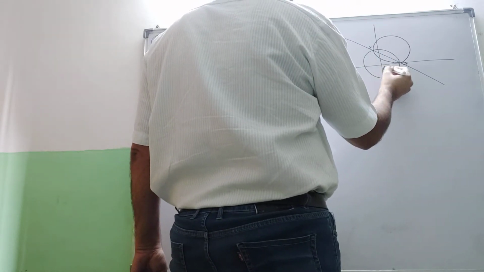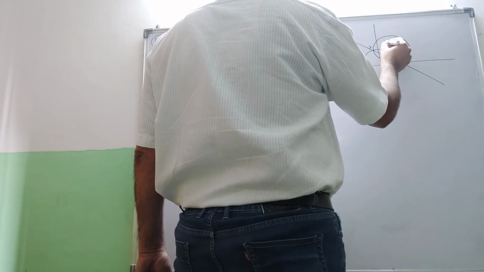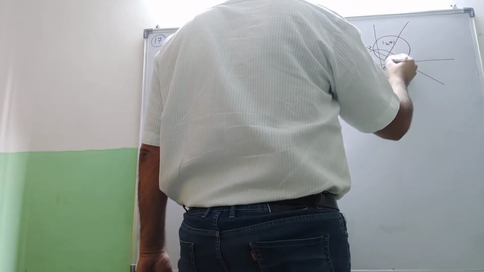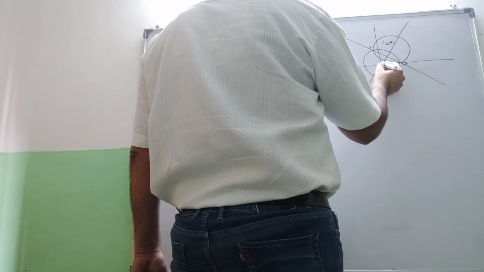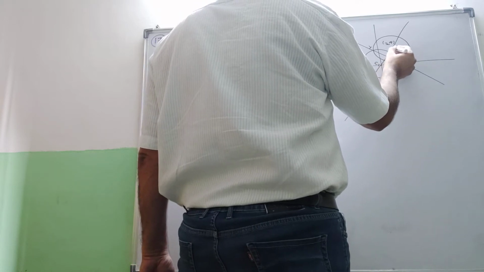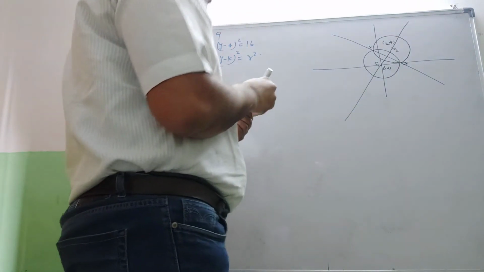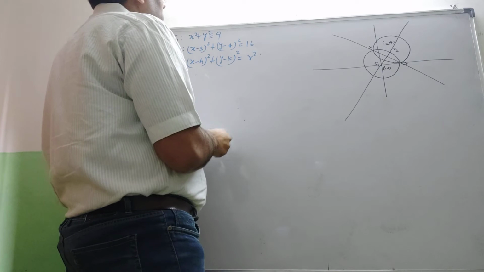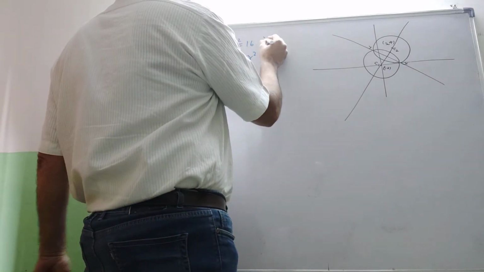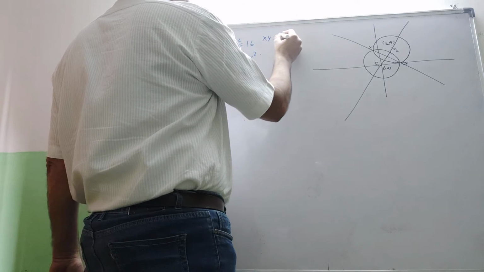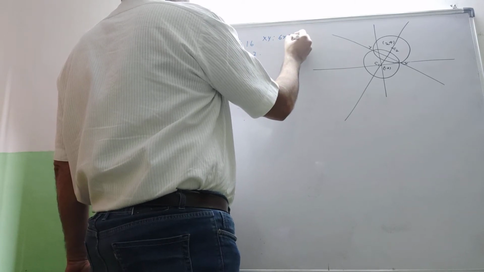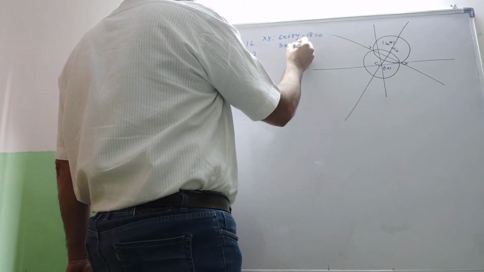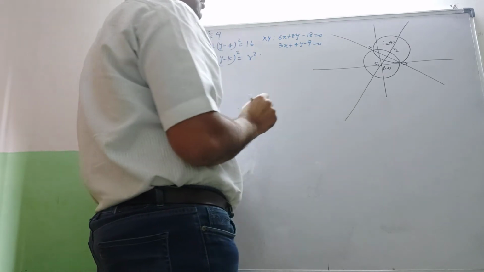Here the center of this circle is 0, 0, and this is given as 3, 4. If we draw this line, it may be taking the C1 center and the C2 center. If we take the equation of XY, the common chord XY is given by 6x plus 8y minus 18 is equal to 0, that is 3x plus 4y minus 9 is equal to 0.